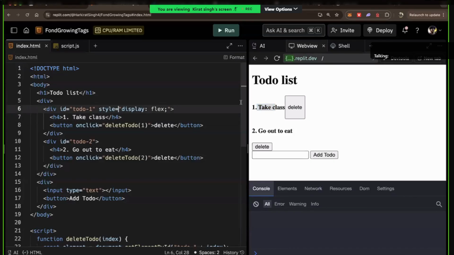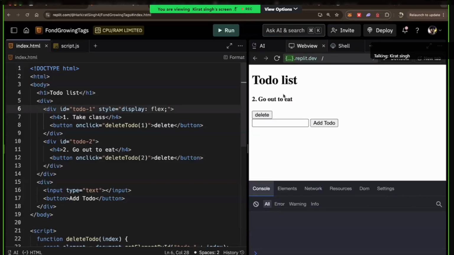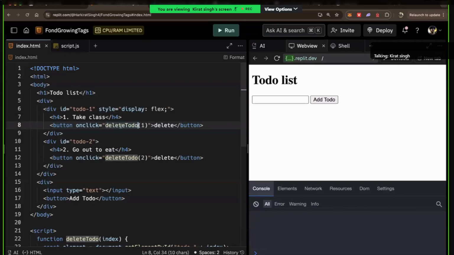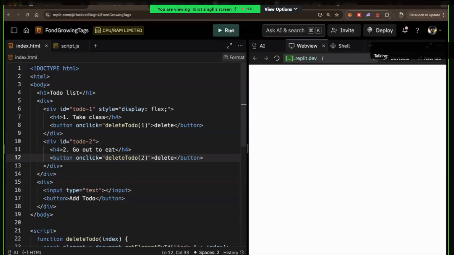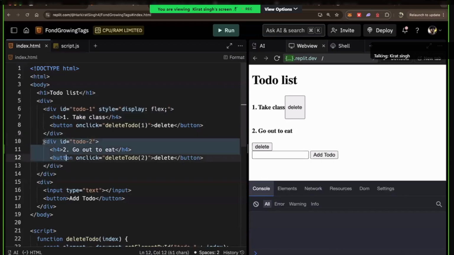Question is, when I click on this, how does it get removed? When I click on this second delete button for the second to do, how does it get removed? Let's look at it. What have I done? Button onclick equal to deleteTodo of 1. For this guy, button onclick equal to deleteTodo of 2. When you click on a button specifically for these two to dos, for this guy right here and this guy right here, when you click on this button, what do we do? We call the deleteTodo function